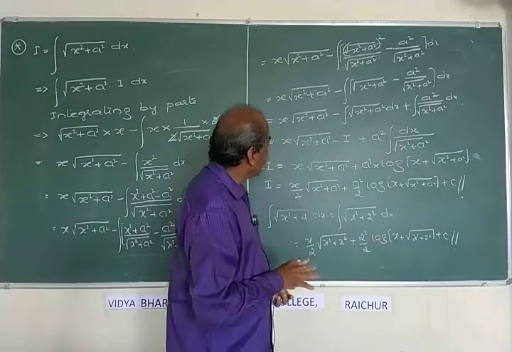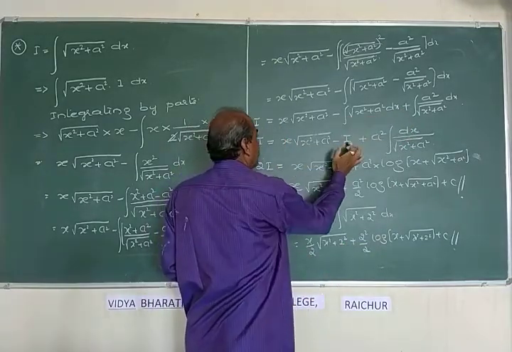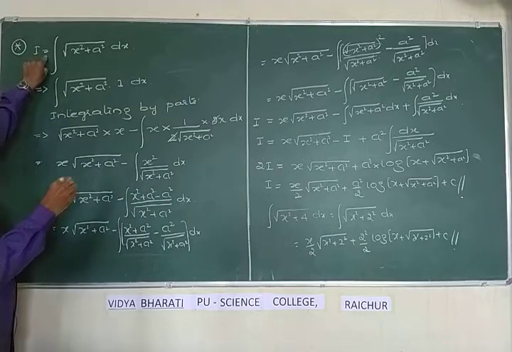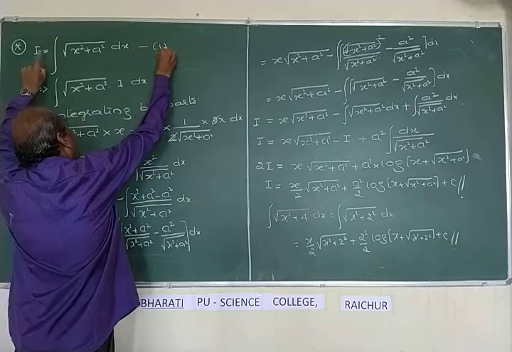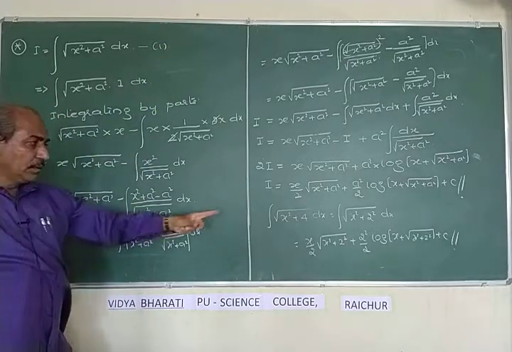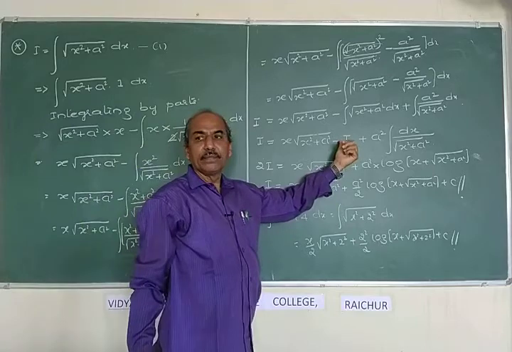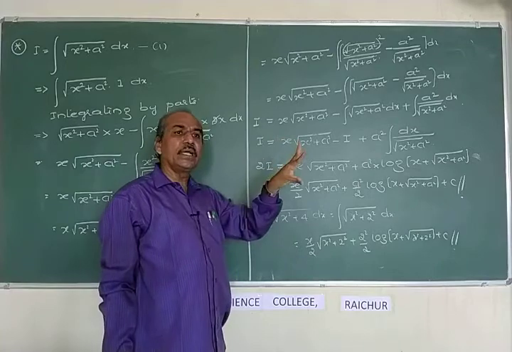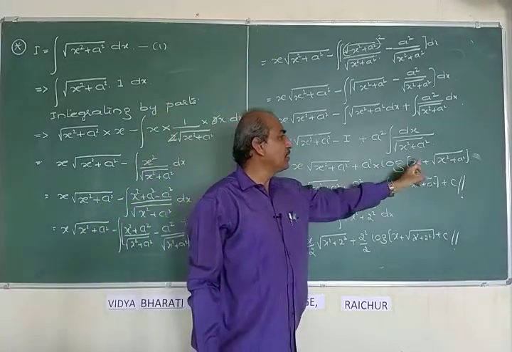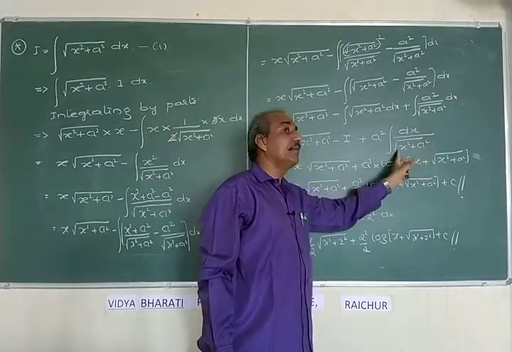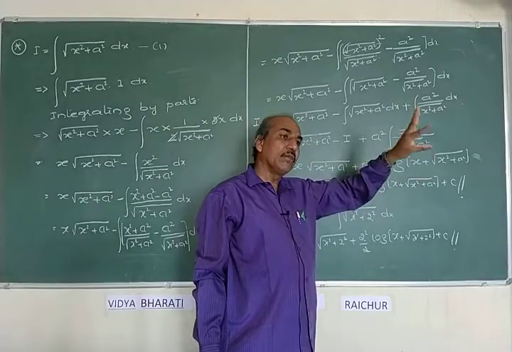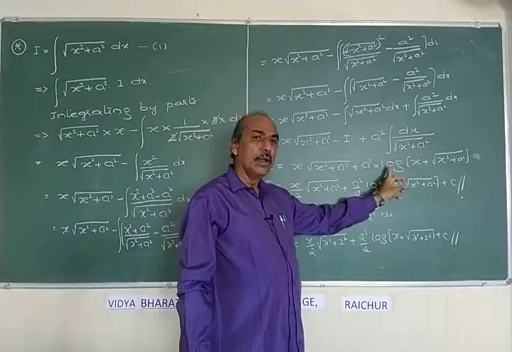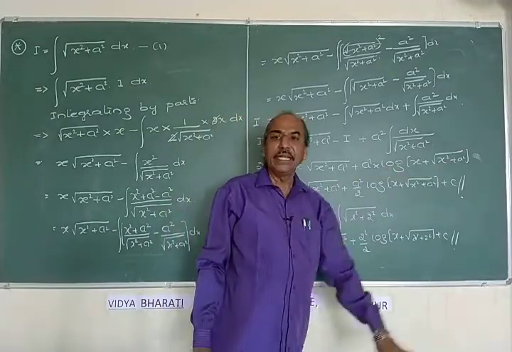Okay. Then you see, this is replaced by I, which I took in the very first step. Or else you can take this as equation 1, and from 1 this is replaced by I. Bring this to the left hand side: I plus I, 2I it becomes. This you keep as it is, but this is the formula we have derived, one of those 9 formulas I have given you. dx by root of x square plus a square is always, you remember, log of x plus root of x square plus a square.